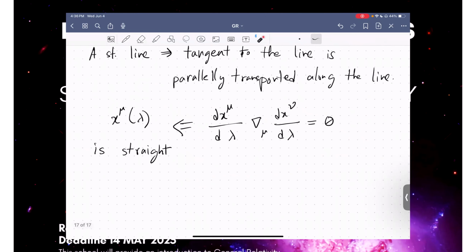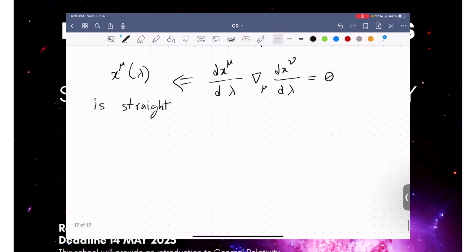So a curve defined by a set of functions of one parameter lambda is called straight if those functions satisfy this differential equation. All right. This again is an important equation, and so we can actually break it down. By breakdown, I mean that we can write it in terms of the partial derivative and the Christoffel symbol. So if we do that, what we find is